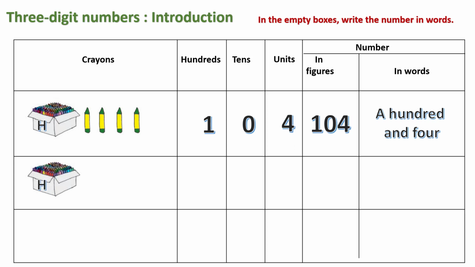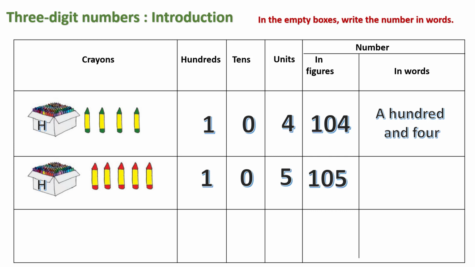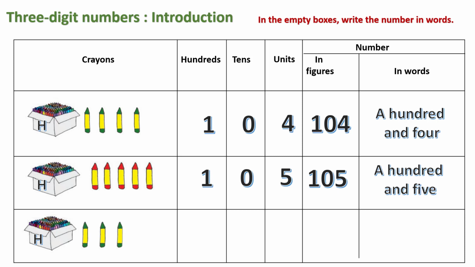100 and 5 units. In 100 box we write down 1. In tens box we write down 0. In units box we write down 5 units. In this way the number in figure makes 105, and we read it 105. 100, and units are 1 2 3 4 5 and 6.